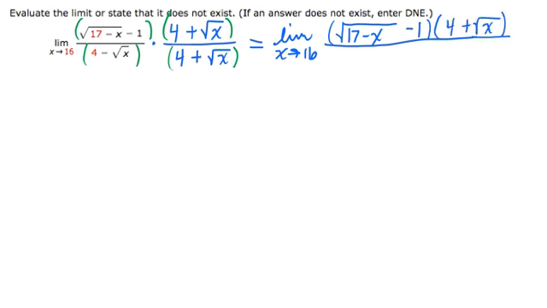In my denominator, when we FOIL, we get 4 times 4 is 16. My outside and my inside terms cancel. And then for my last term, I have negative root x times positive root x is minus x. Okay, so we're making progress, maybe. Now the goal in doing that is so that hopefully something simplifies. Nothing really simplifies just yet the way it's written. So I think what I'm going to do next